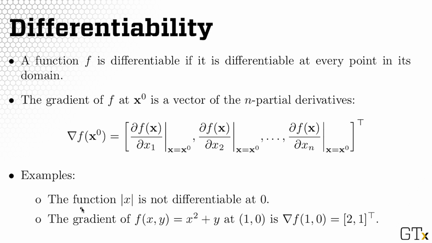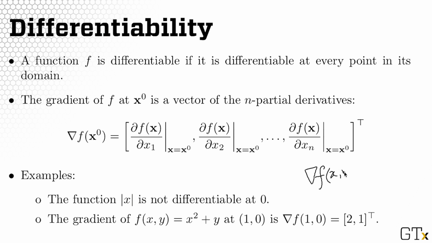For example, just to give you more of an example about differentiability, the function absolute value of x is not differentiable at x0. And the gradient of this two-dimensional function, which is x squared plus y, at (1, 0): if you evaluate the gradient, let me write this down over here. So the gradient